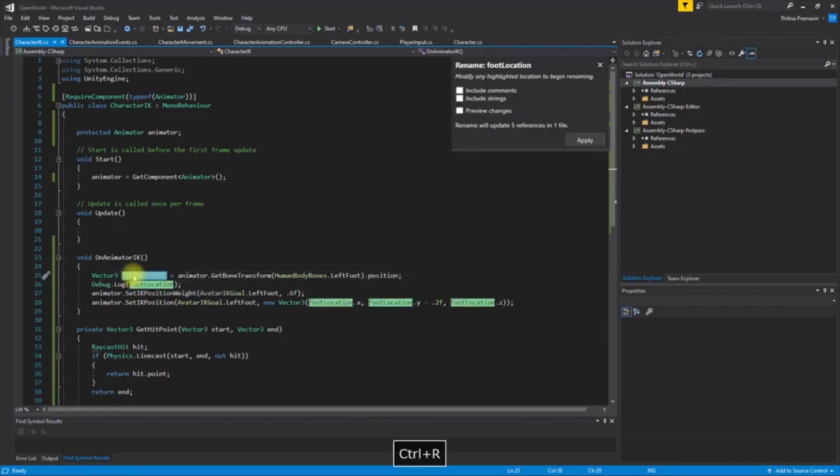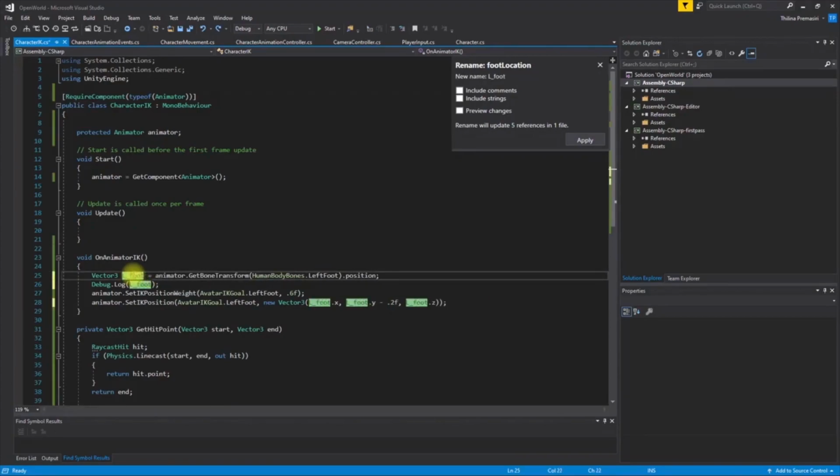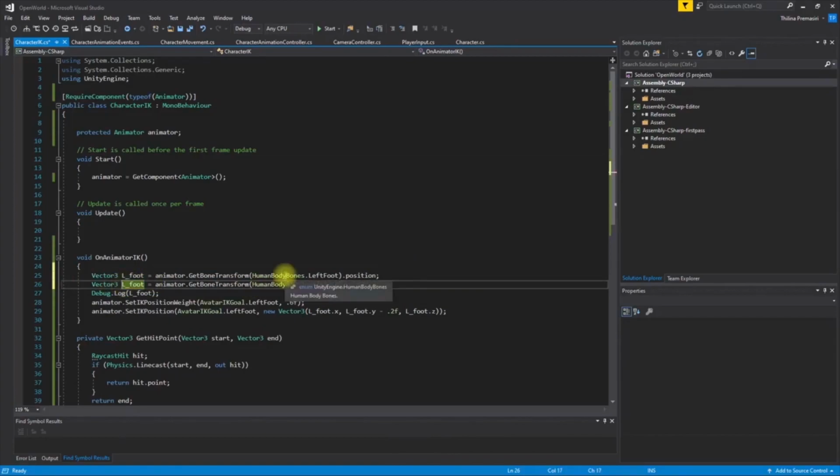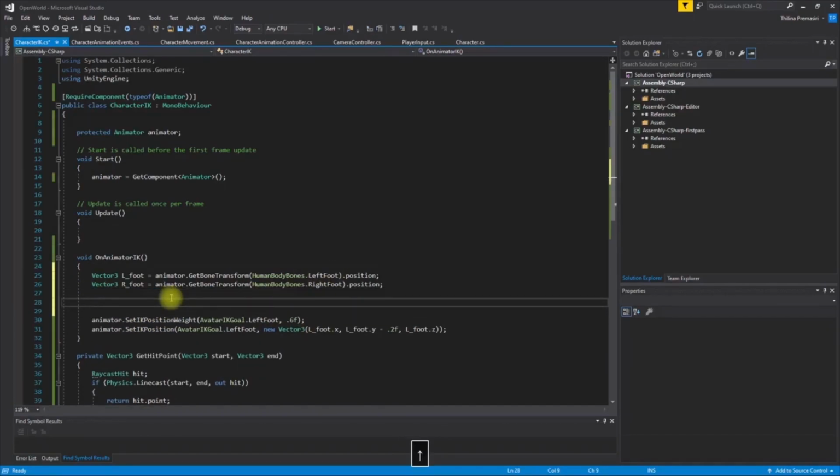Sorry, I'll name it L foot, and I'll create another line like this, same for R foot, which stores the location of the right foot, and this should be right foot. I'll print this one. No, I don't think I have to print it now. Then what I have to do is